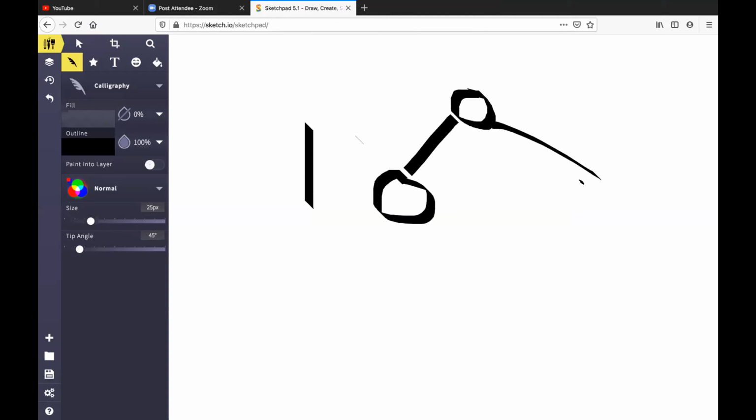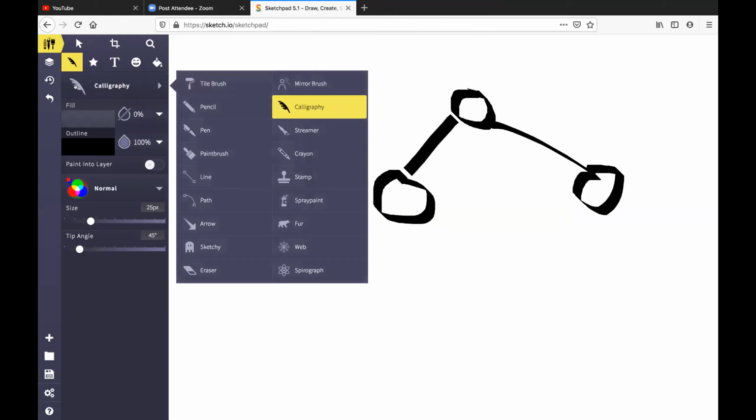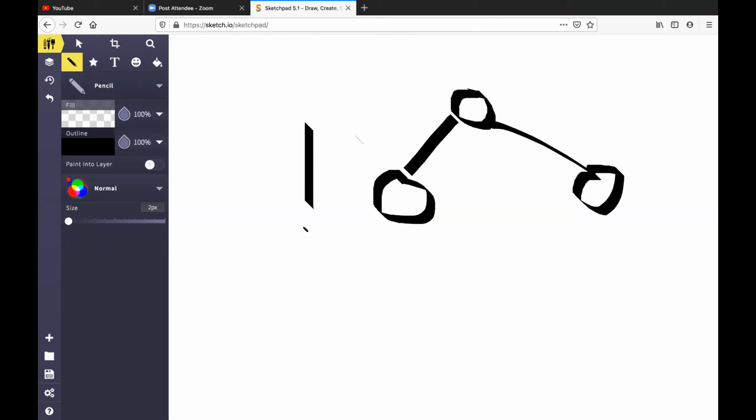Share screen. Are you able to see? Yes. I have not used this, but I will try. You click on that leaf, below that. Click on that, take the pencil. Okay.